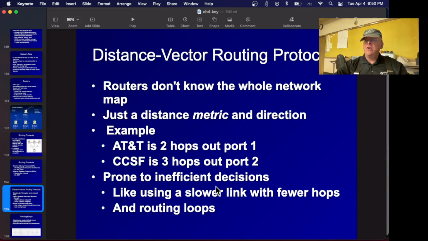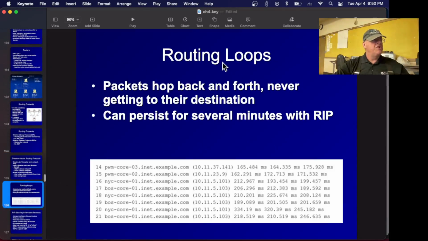Not only could it often choose the less efficient route because it was smaller hops, but also the updates for networking were so slow that it could get confused, and it could get out-of-date information, and it could send traffic out the wrong way, called a routing loop, where a packet would just go around in a loop without finding its way there. That was RIP. Pretty much extinct now, but this is what a routing loop would look like.